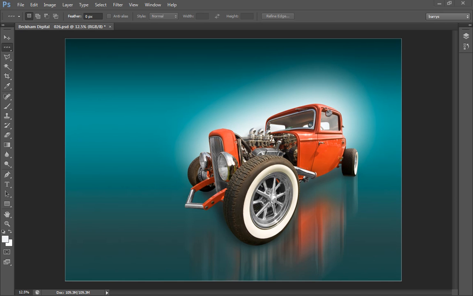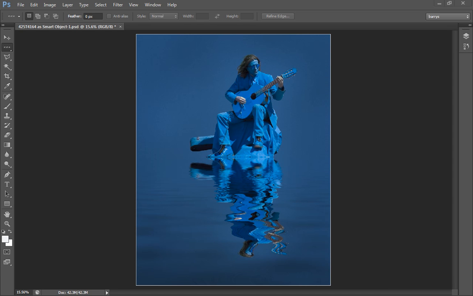If we think about selections, maybe Adobe Camera Raw and layers, it doesn't really matter what version of Photoshop or even Photoshop Elements that we're using, because selections are selections no matter what version we use, and so are layers and Camera Raw. The core techniques are the same across the board. I always think of different versions of Photoshop and Elements being like different cars, because 90% of what makes up every car is shared with every other car, and it's exactly the same with layers, Camera Raw, and